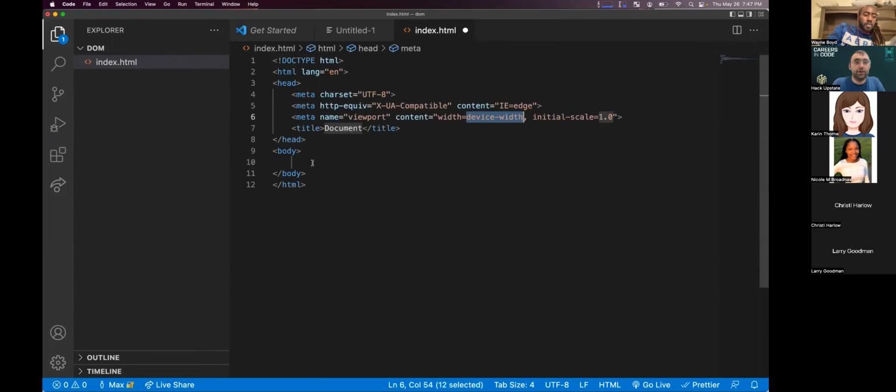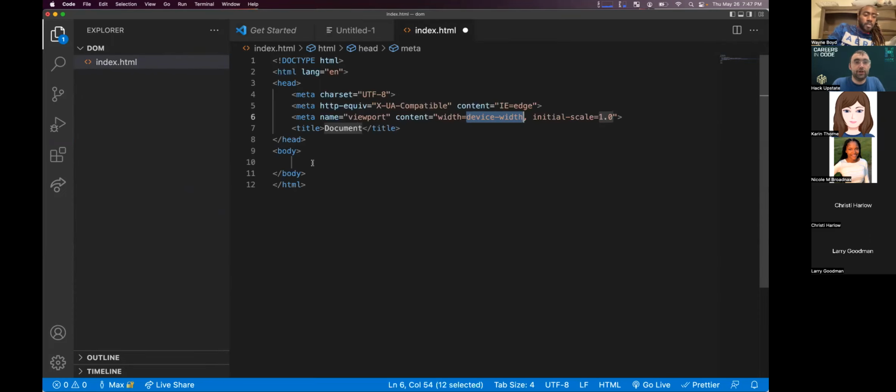In the body, in my script tag, I don't have to use a source attribute, right? I can go right in here and write some JavaScript. And when I pop this open in the browser and look in my inspect, I can go into my console and see a test.